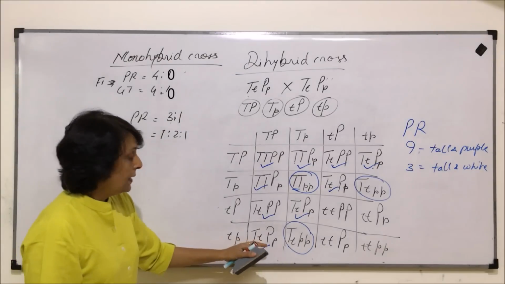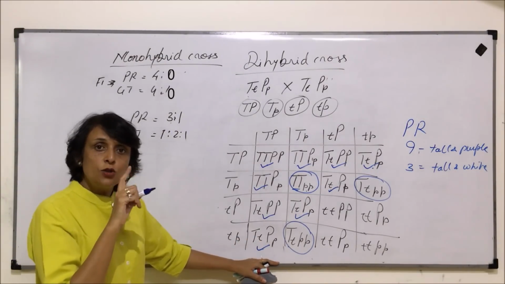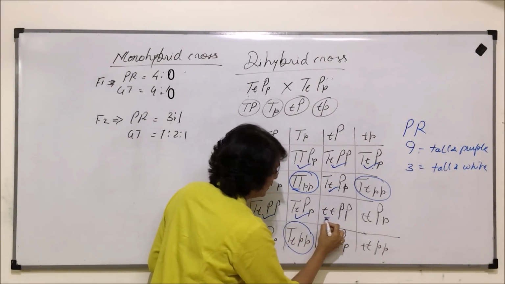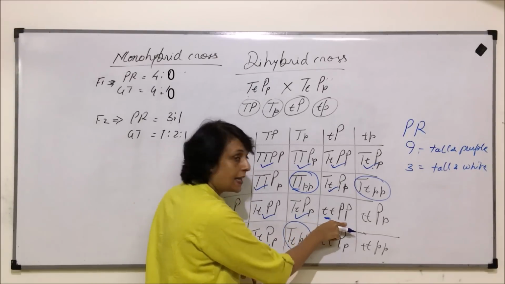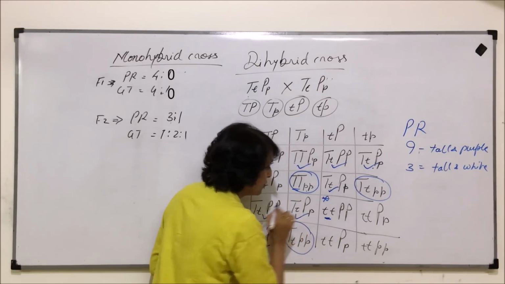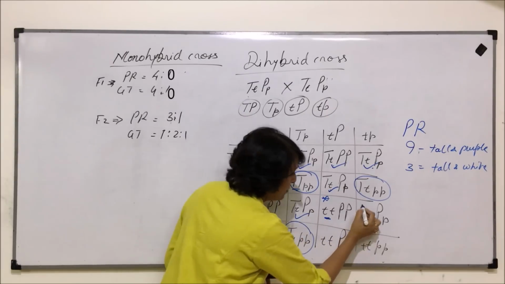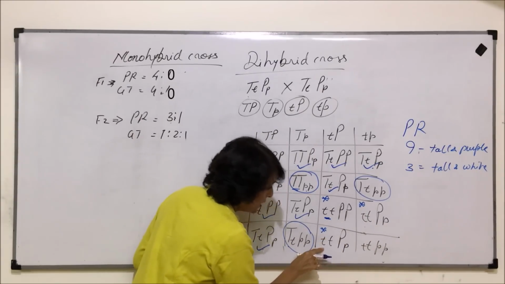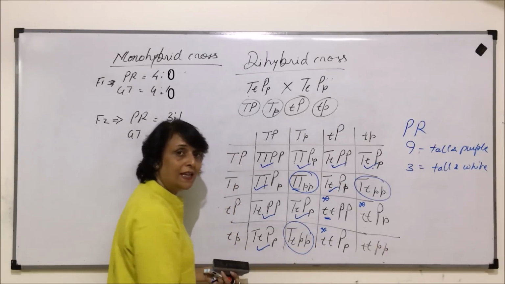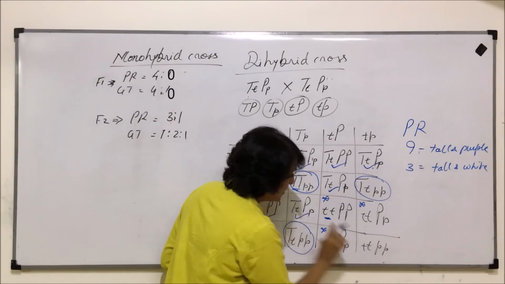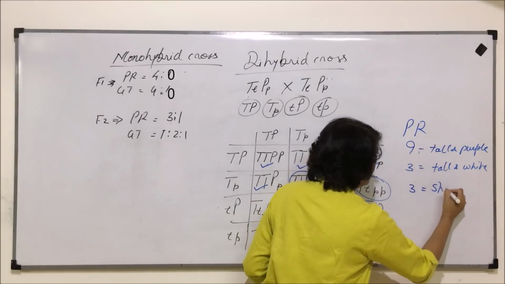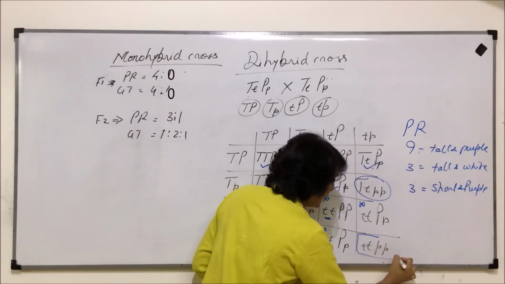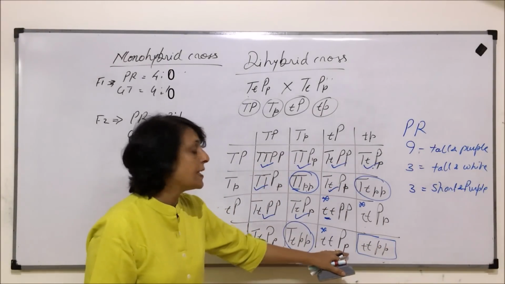Now let us count the other dominant, that is short and purple flower, which is the dominant trait. So this one, this is not having capital T, so it will be short, but it has capital P, so this will be purple. So this will be short and purple. Same here, this will also be short because of recessive T's and purple. This one short because of small T's or recessive T's, and P is dominant, so short and purple. Not this one. So 3 are going to be short and purple. And this last one, it has all genes as in their recessive form.